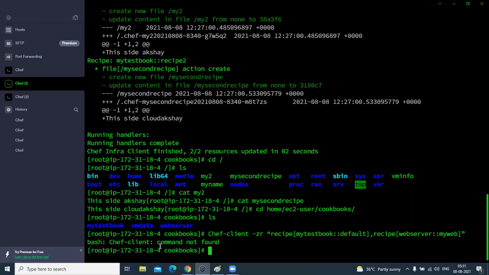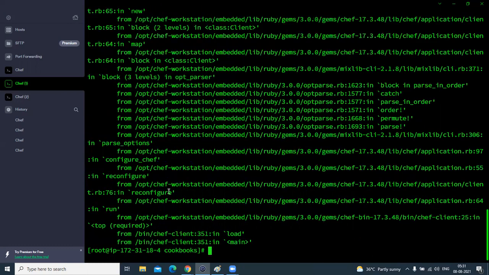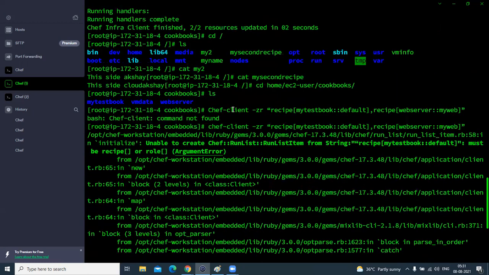Sorry, I think, okay, the capital C is not working here. So we need to remove the capital C. Now let's check. It's called chef client. Okay. Chef client -zr.